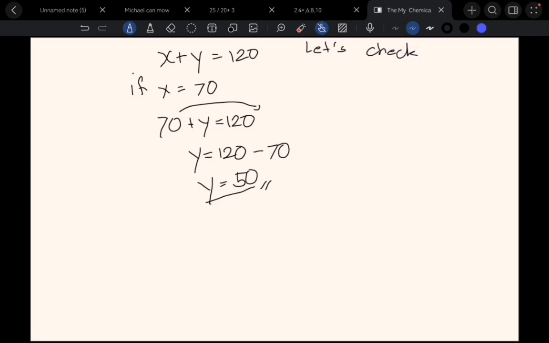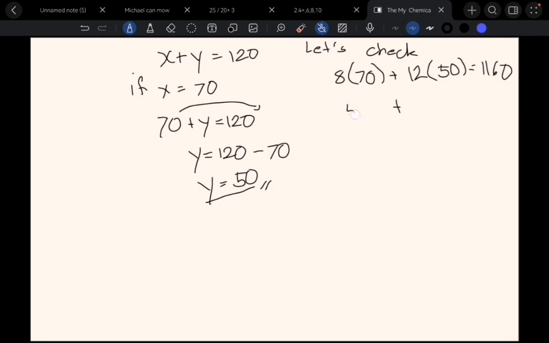Of course, we will not stop there. We need to check our solution. So earlier, we sold the tickets at $8 for students and $12 for adults. Okay. So if we have 70 student tickets and 50 adult tickets, so $8 times 70 plus $12 times 50 tickets should give us an equivalent of